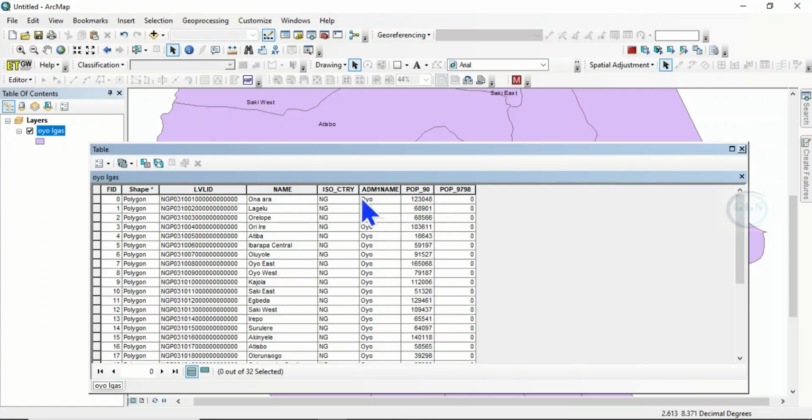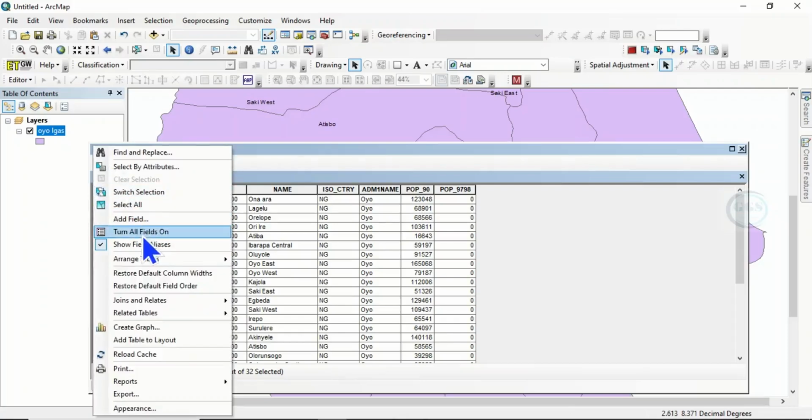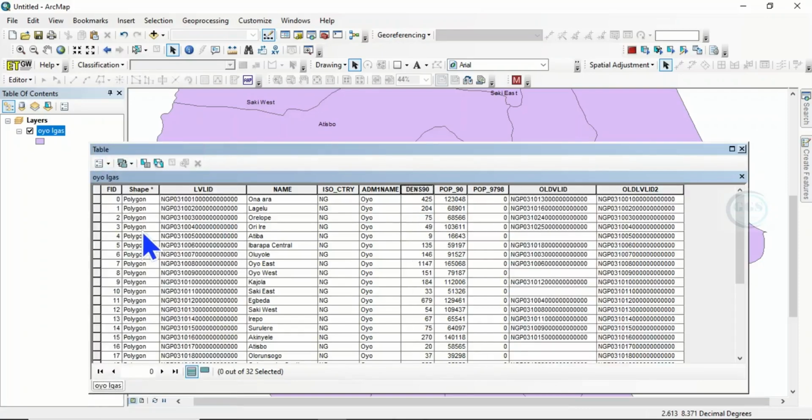So if you want to restore it, it's a matter of coming to these field options. Click on field options and you see turn all fields on. So click on it, and all the fields you previously turned off will come back. So this is how to turn fields off and on